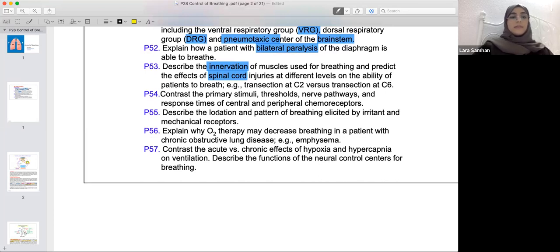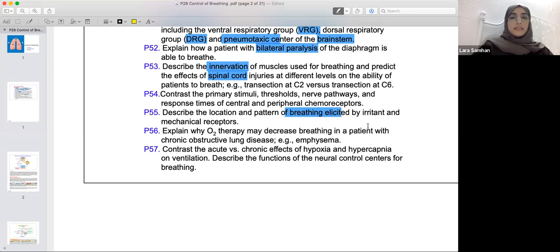We have a couple of receptors: the baroreceptor, the chemoreceptor, and the mechanoreceptors. All of them are considered sensory receptors, and they sense if there's any change in the body homeostasis, and they use negative feedback so that they hopefully return the body to normal physiological function. And then we're going to cover the breathing, how it's elicited, and if there's, for example, any irritant or